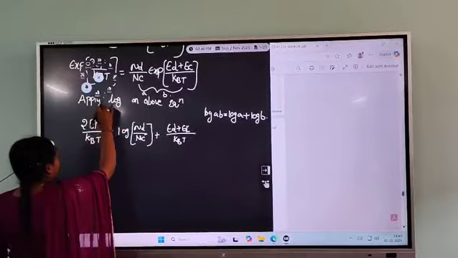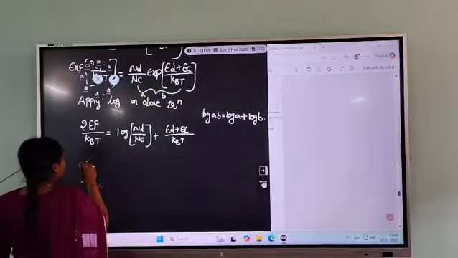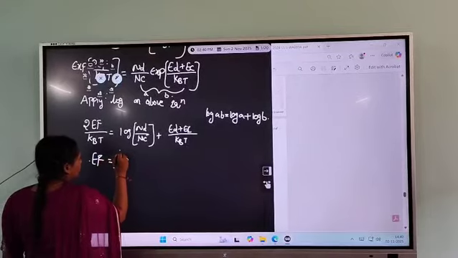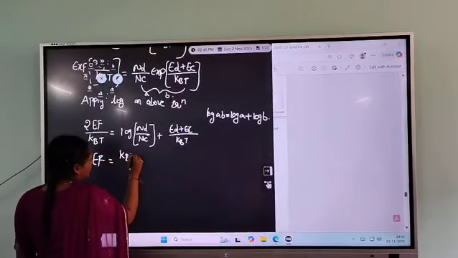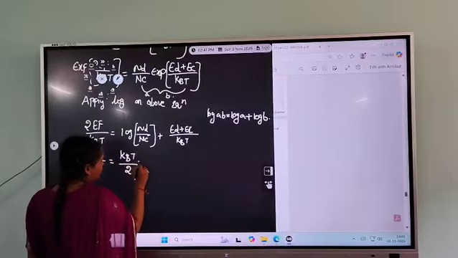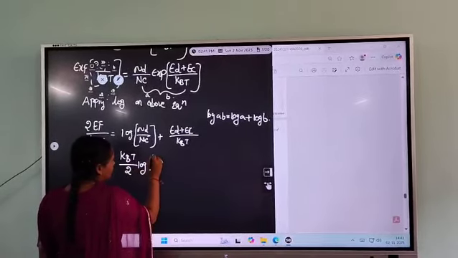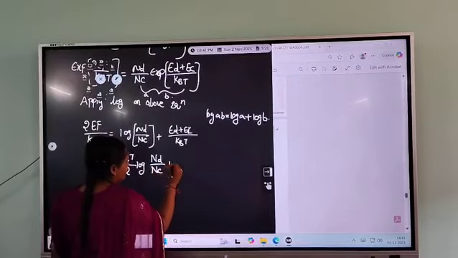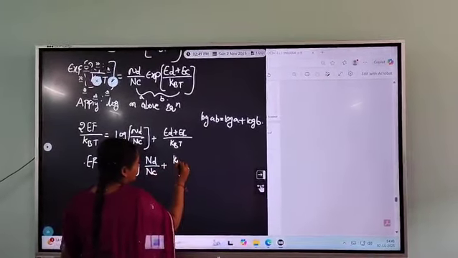Dividing by 2 by kBT, Ef is equal to kBT by 2 log of Nd by Nc plus